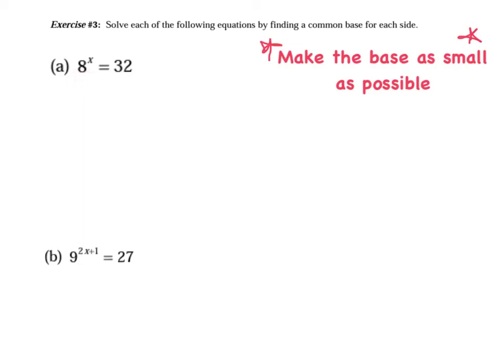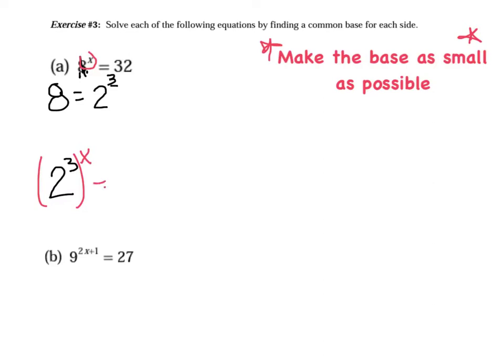I can't just leave this as 8 because is 8 to any power 32? Well, 8 squared is 64, so it's not possible. I'm going to have to change both sides. So in my head, I'm saying make the base as small as possible. I start with the number 2 in my head. And I'm going to say, what is 8 equivalent to? 8 is equivalent to 2 to the what power? Okay, and if you can do it in your head, you don't have to write all this out, but I'm going to show you what I'm thinking. I know 2 cubed is 8. So I'm going to replace this 8 here with a 2 cubed. Okay, and I want you to wrap it in parentheses because we substituted, and it has an exponent of x